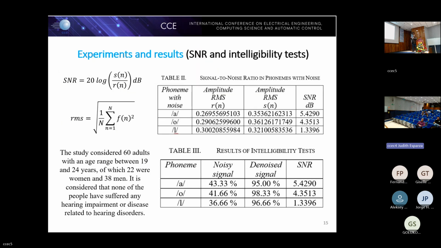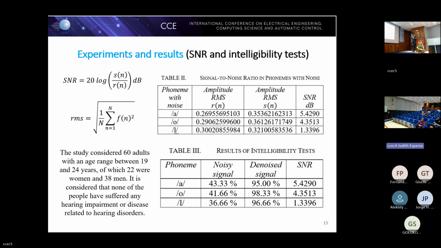I present the signal to noise ratio applied to this work. This is very interesting because in the three cases, the signal to noise ratio is positive. It is not negative in our experiments. This is positive, and it's clear that the value is